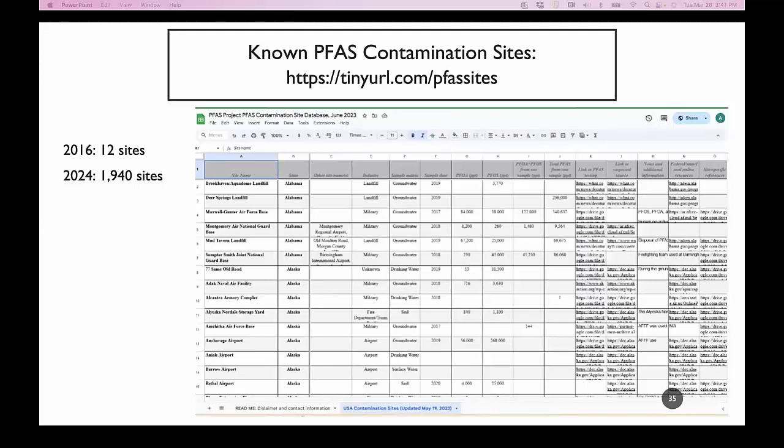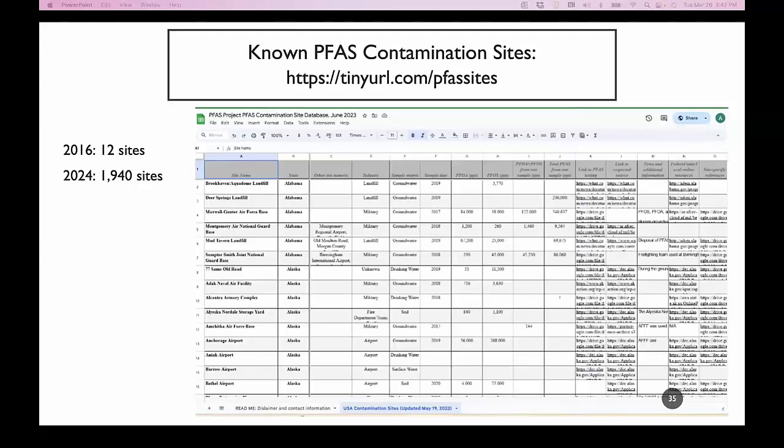And this database is fully accessible online. The shortened URL is here on the screen as well. All this information is available as an interactive Google Sheet. We also make this data available to researchers who want to use it. We have a user agreement that we share with folks, and if they are willing to read and comply with it, then we're happy to share the actual underlying data as well. So this data feeds into our map that you saw on the last slide.